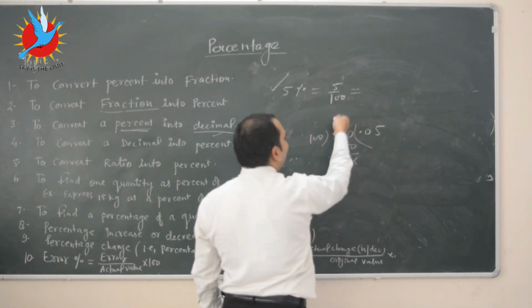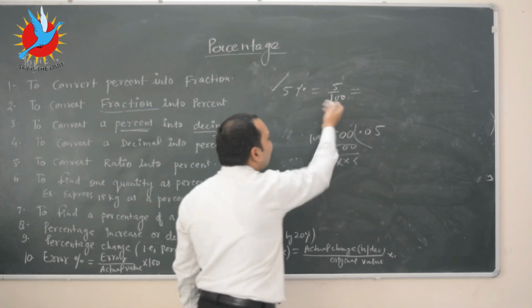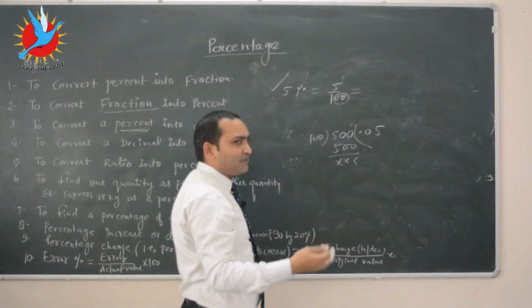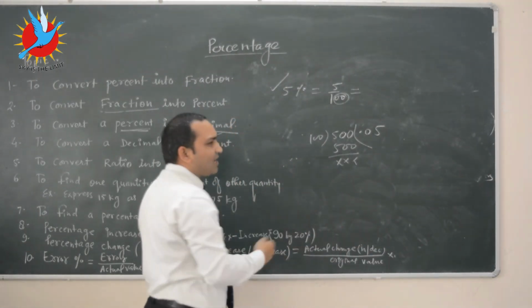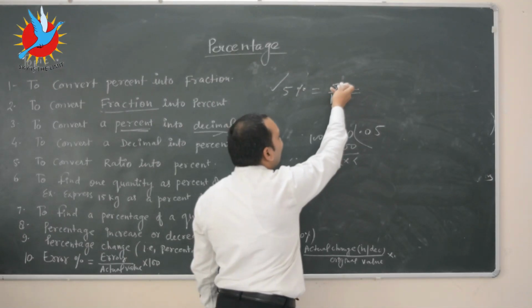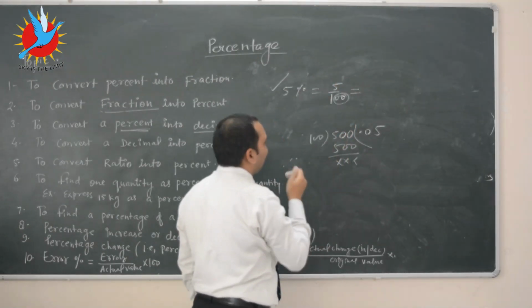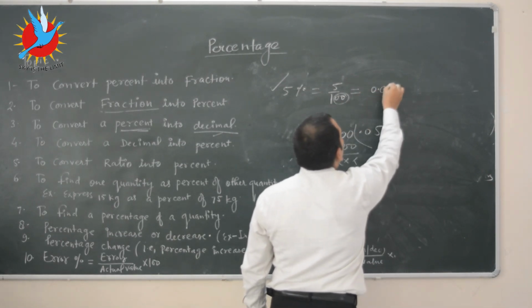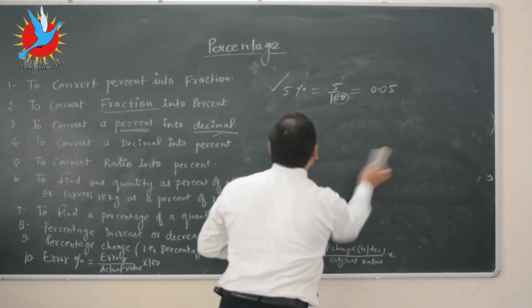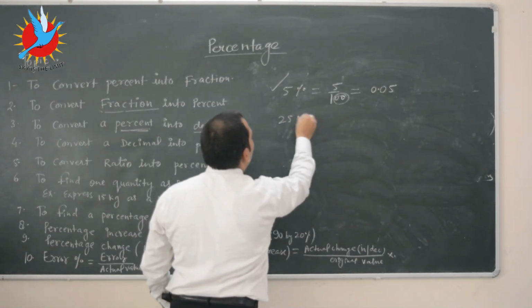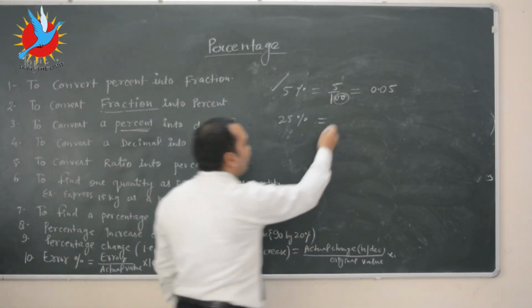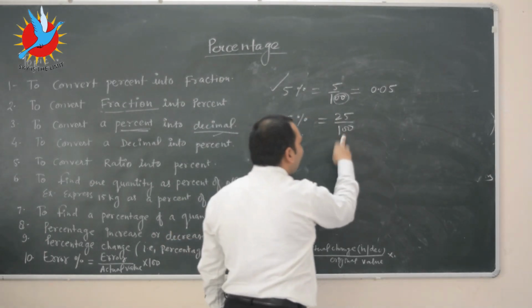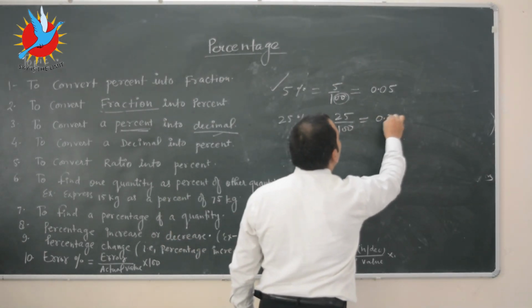And you also know very well that when there is a decimal fraction, the number of 0s indicates how many decimal places we move to the left, because when we divide by any number the value is decreasing. Here 5 by 100 means 0 point, how many decimal places? 2 decimal places. What is the value of 25%? 25% means 25 by 100, and now we convert the percentage into a fraction and ultimately it will be 0.25.